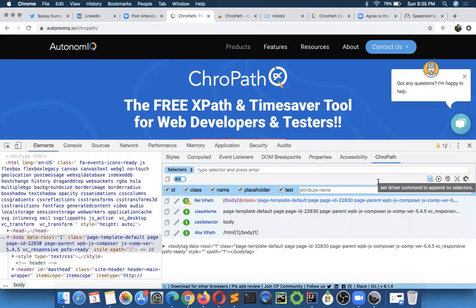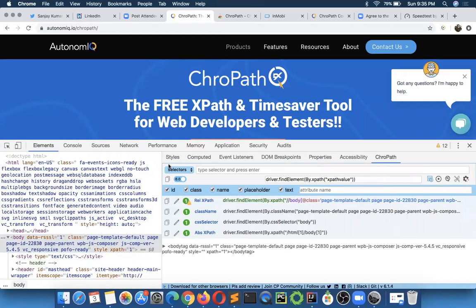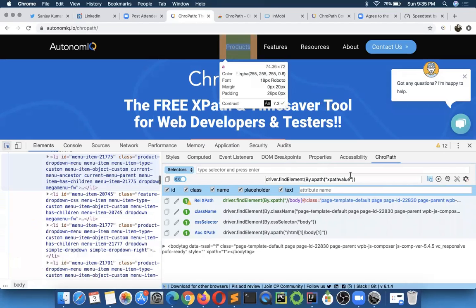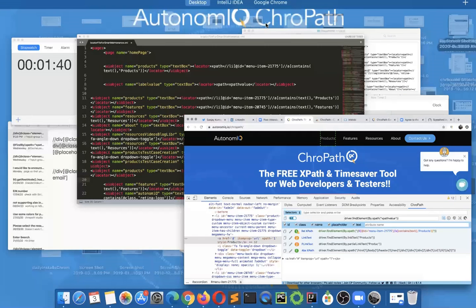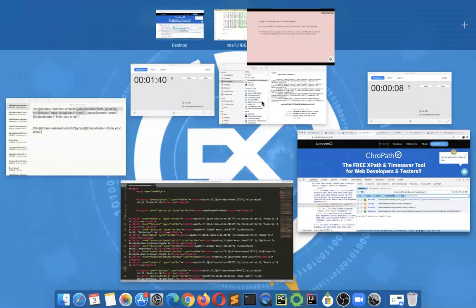So this is how. And if you want this command XPath for one element only, here as well you can turn on the command and you can copy this one by one if you want. So at any point of time when you see the link text, it will change the command automatically as per the selector here. Moving on, CP will suggest the relative XPath for the user selectors as well.